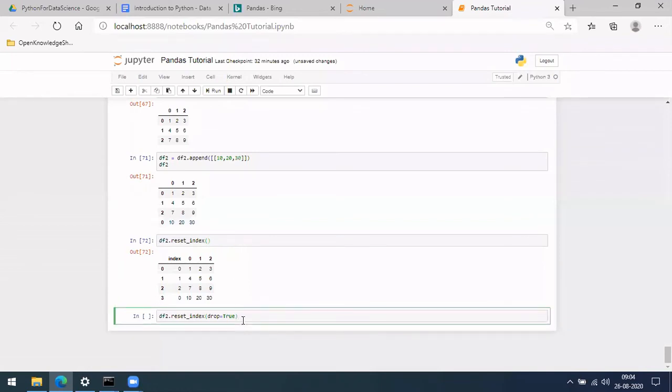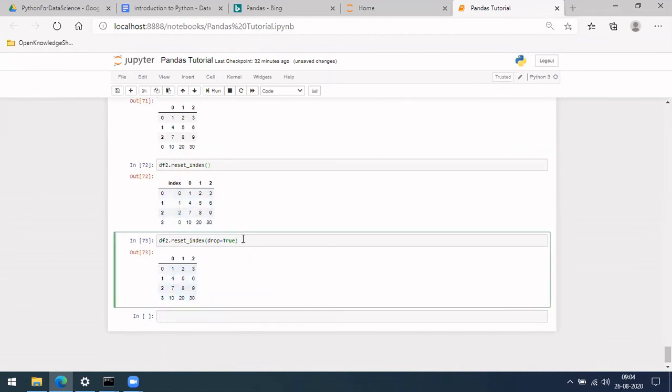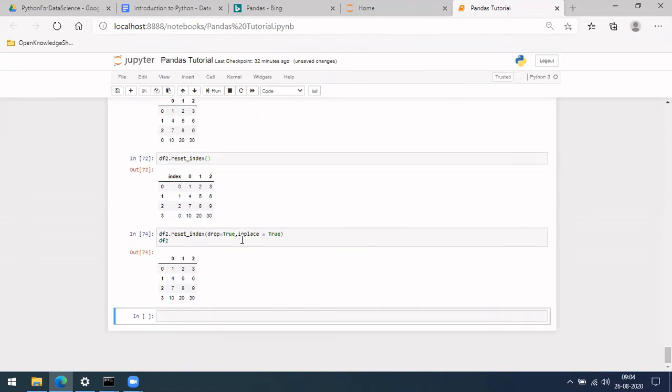If you do this, then you can see that the index column is not saved. Okay, so it has come this way. And let me do inplace equal to True so that it will get saved within, and then do df2. So this got saved in df2 now.